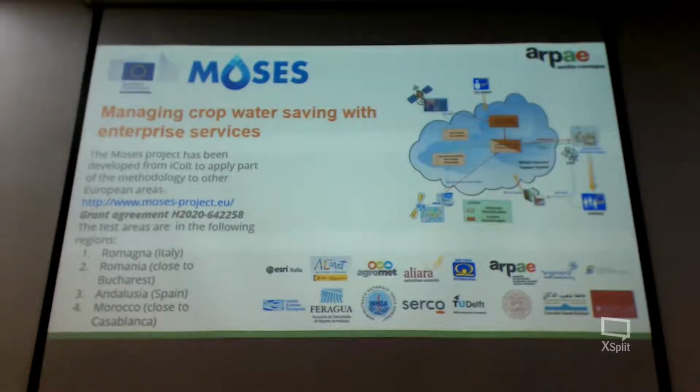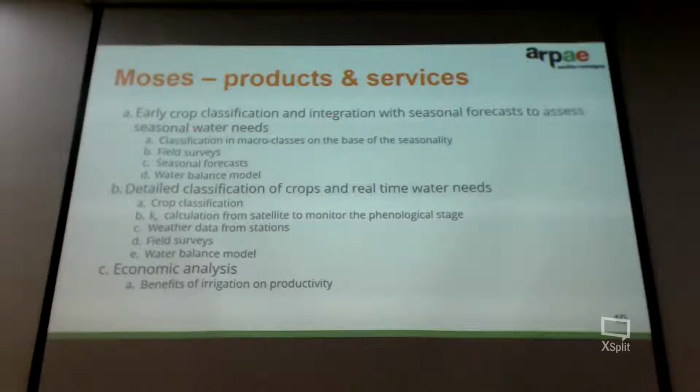Consortia can manage water by means of these products. The early crop classification and integration with seasonal forecast to assess seasonal water needs. So part of the hydrological chain is here in Moses. Then we have also other additional parts such as in-season forecast, short-term forecast, 7-day forecast, and seasonal forecast of irrigation. And then we have also